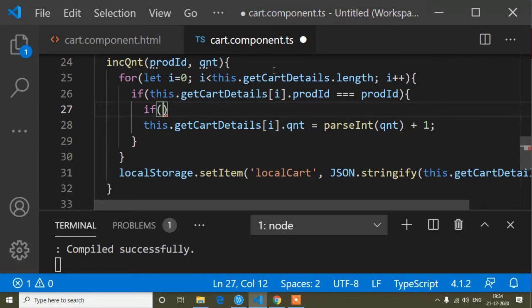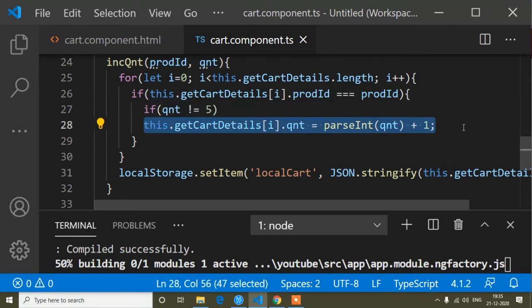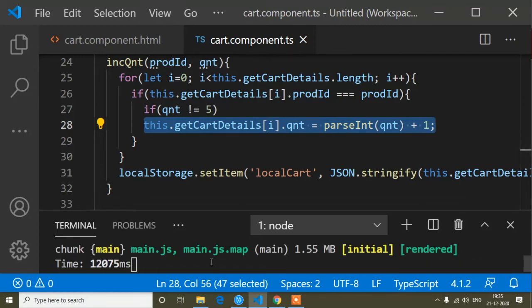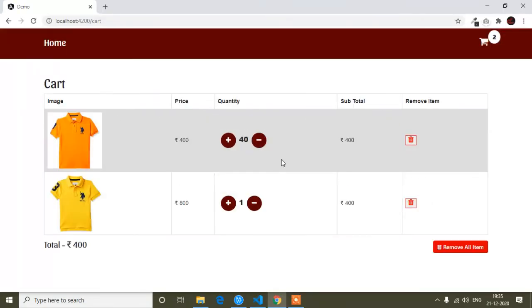So if this quantity is not equal to 5, then it will increase this one. Okay, so now I will check my browser. First of all, save it. Now it compiled successfully, and I will check my browser.